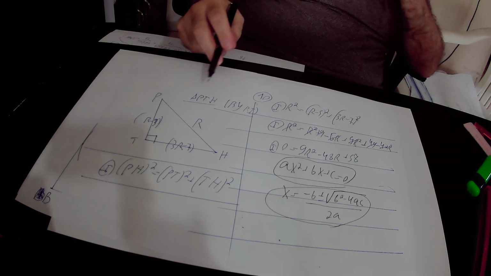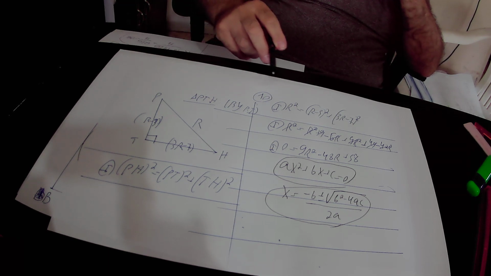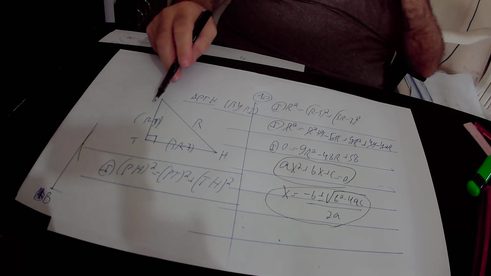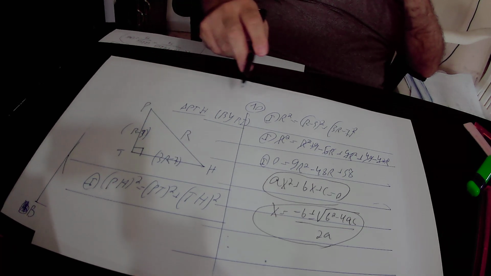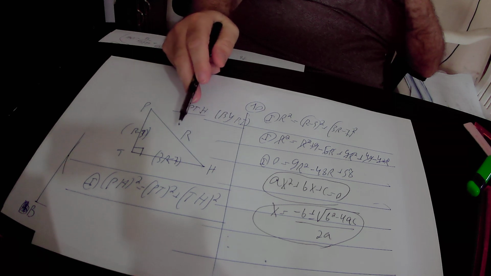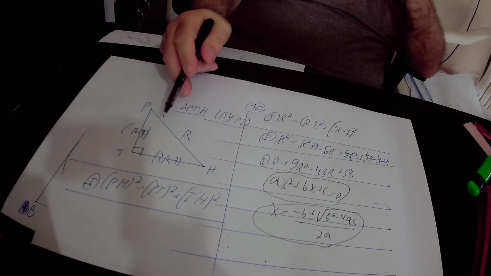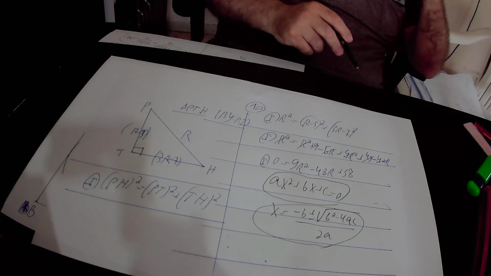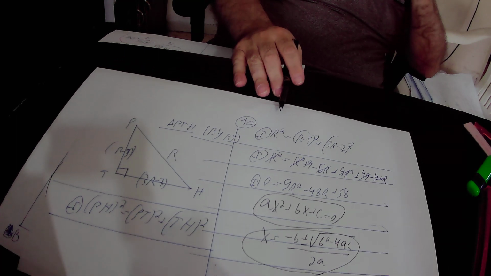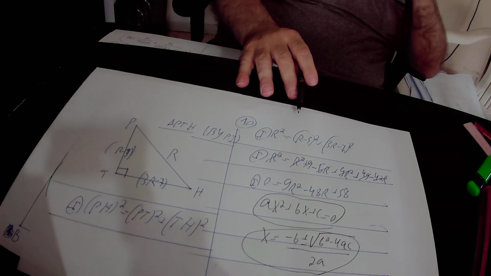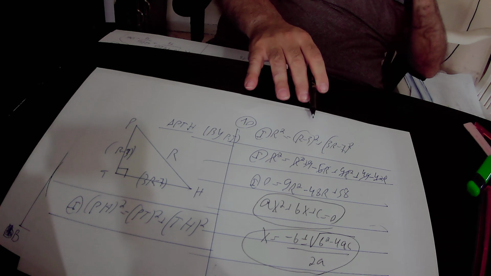PH square is R square. It is equal to PT square. PT is R minus 3, therefore PT square is (R minus 3) square, plus TH square. TH is 3R minus 7, therefore TH square is (3R minus 7) square. So in total, we found out that according to equation number 1, R square equals (R minus 3) square plus (3R minus 7) square. We opened the brackets on this side of equation number 1,